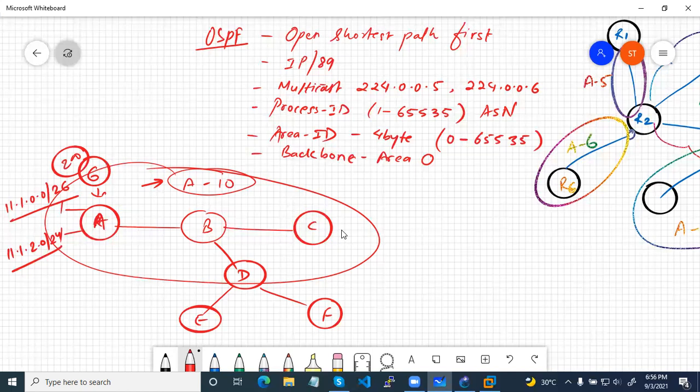Okay, so rather than that, we can go and divide it. For example, I can divide it to area 20. Before it was containing all 6 routers' information, but now it can contain only 4 routers' information. Routers belonging to area 10 keep one set, whereas routers belonging to area 20 keep only 3 routers' information and link-associated information. So this is how you can divide your single area into multiple areas, and it will help you for